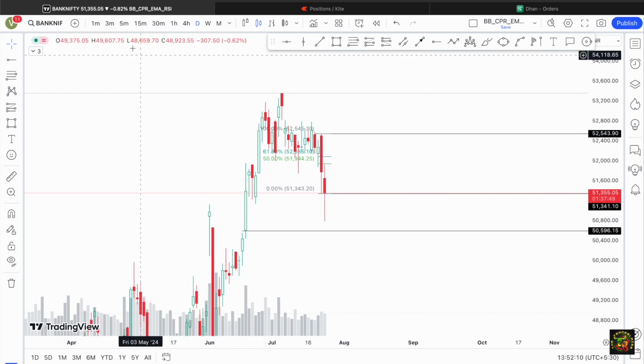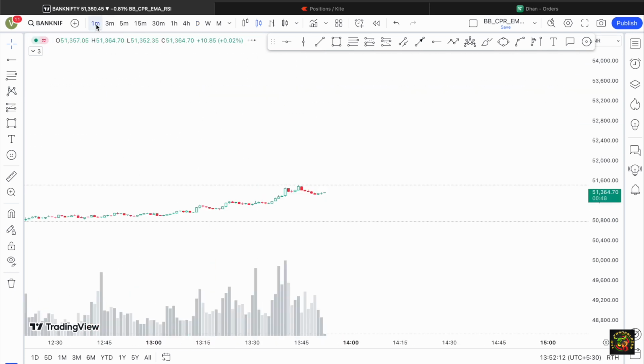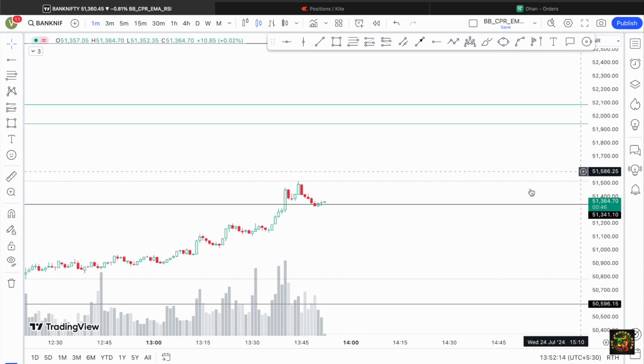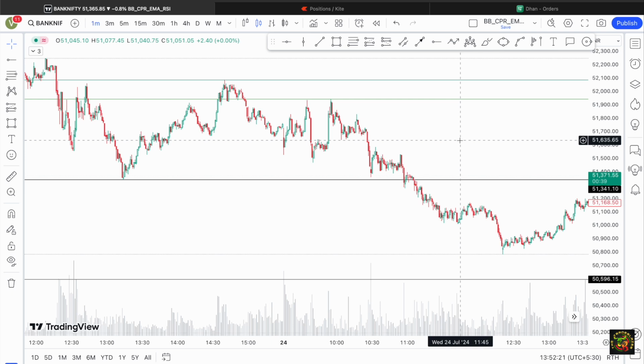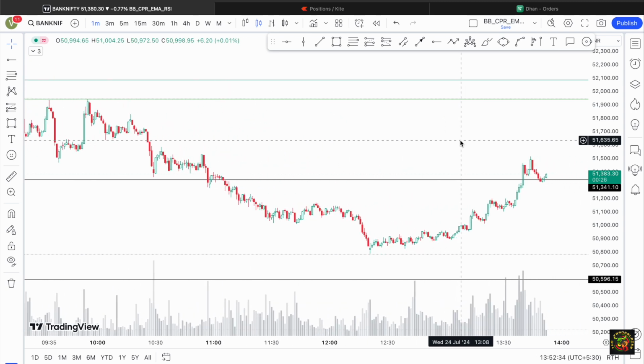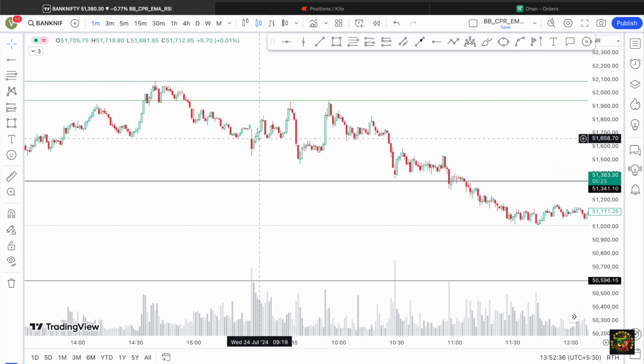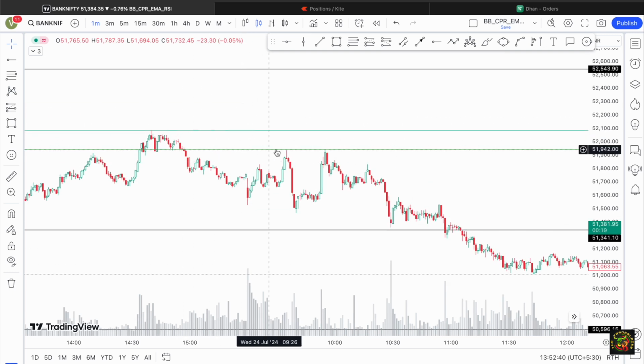Having said that, if I switch back to 1 minute, why am I switching to 1 minute? Because you can see the size of the candles is very big, and the candles are moving hundreds of points in just one 5-minute candle. When this kind of situation is there, you might need to switch to a lower time frame. That's one key takeaway. And today I initiated my trade right here,